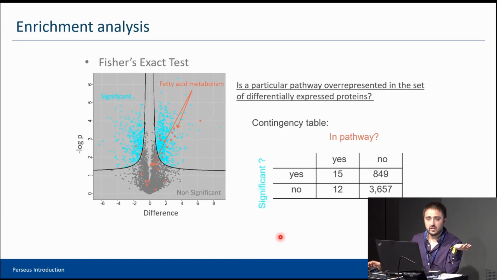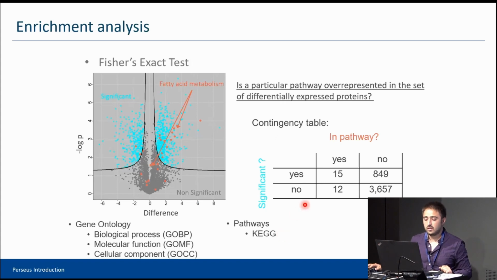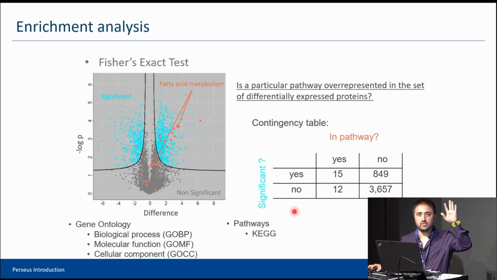yes, we have something significant, but do we have enough to claim that a biological pathway is enriched or depleted? So it's really a measure of how associated your set of differentially expressed proteins is to a set of annotations. So when can you say this exactly? It's a lot of computations that you have to carry out. You have to do many contingency tables, and many computations, and then at the end you have just a set of biological pathways, a score, and then